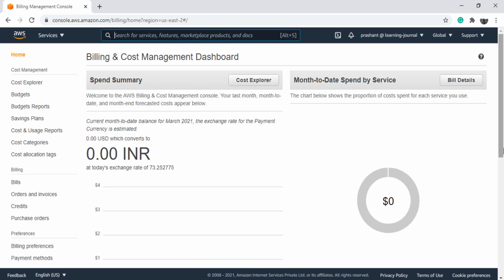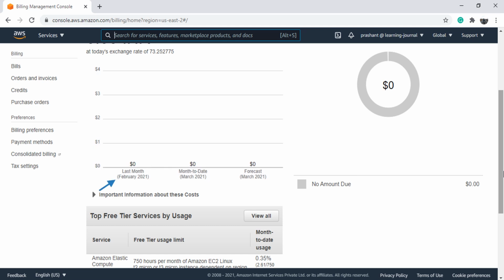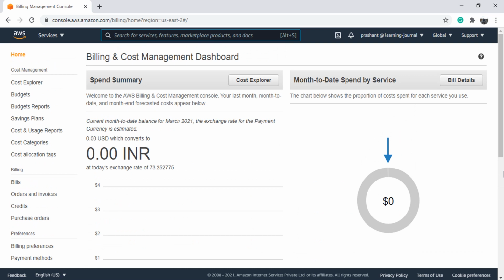Here we are. This one is my cost management console. This page is the home for all your AWS cost management activities, reports, and dashboards. The left side graph shows three things: your total cost for the last month, your total cost as of date for the current month. It also shows the forecast of your spending for the current month. The forecast is based on your usage trend. Make sense? The right side is a pie chart of the current month's cost. I created a new account for this course and I haven't done many activities yet, so my cost is nil.